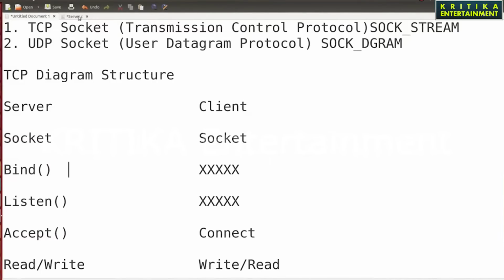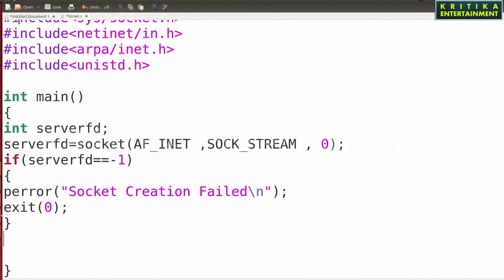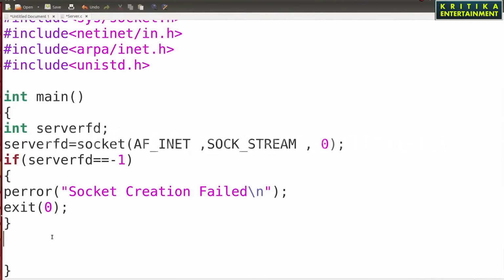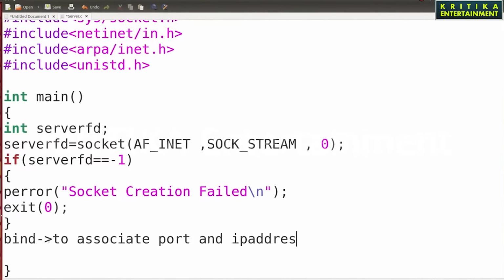So here I will write bind. Why do you use bind? The bind function is used to associate port and IP address to a socket.